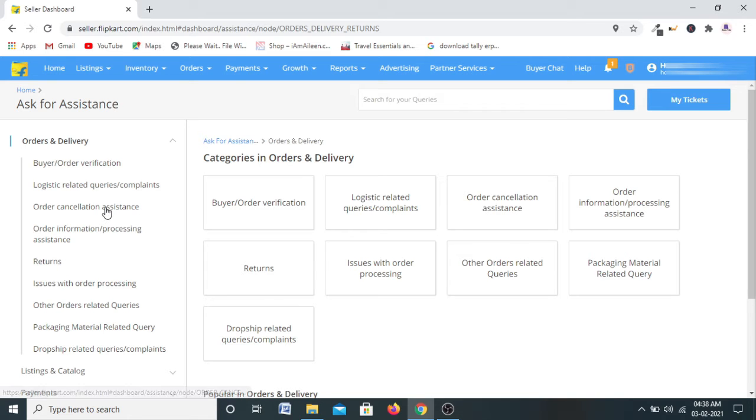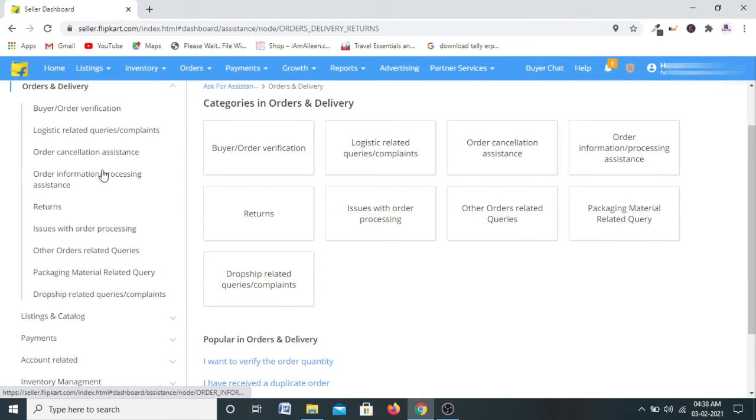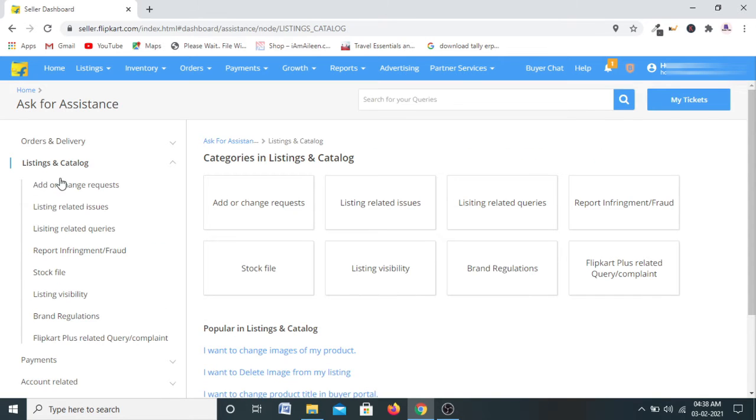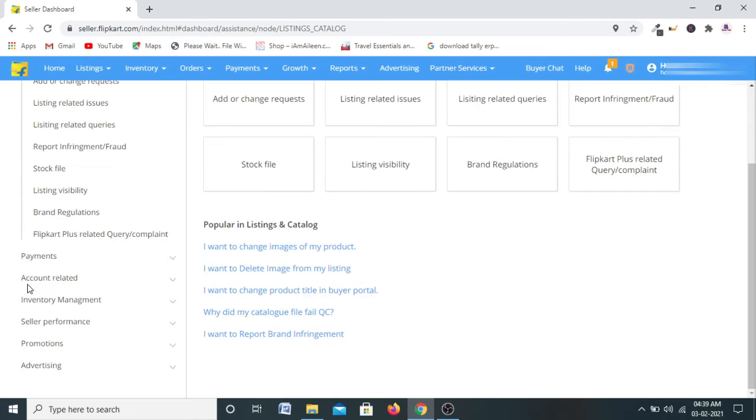There is another tab related to listing and catalog. All the listing and catalog related queries you can ask the Flipkart seller support team. Your query may also be related to accounts, inventory management, seller performance, promotions, or advertising.